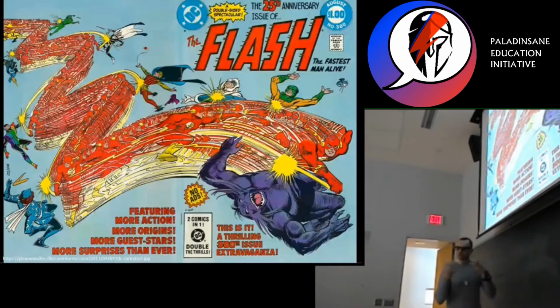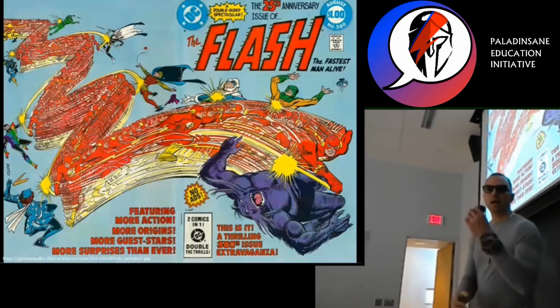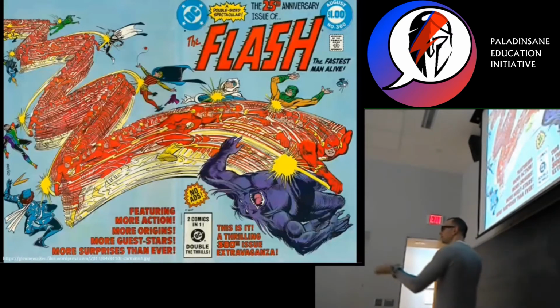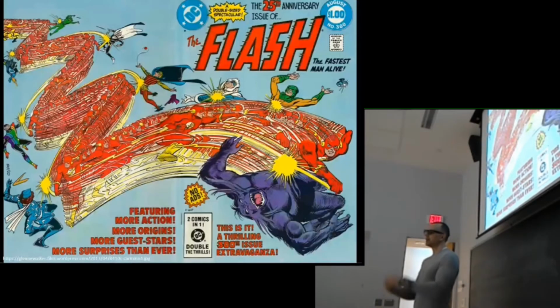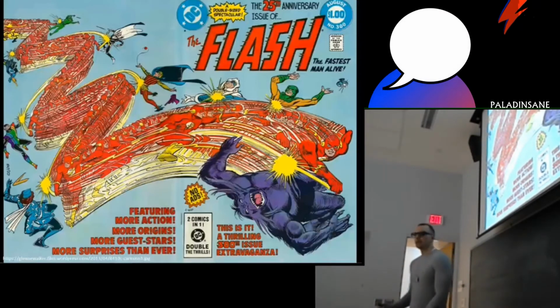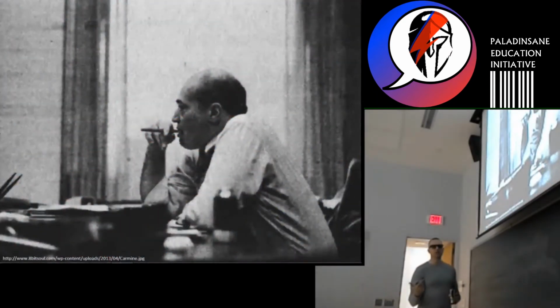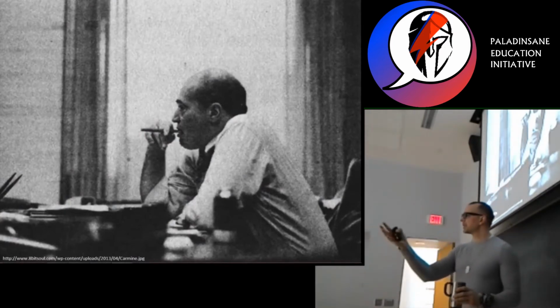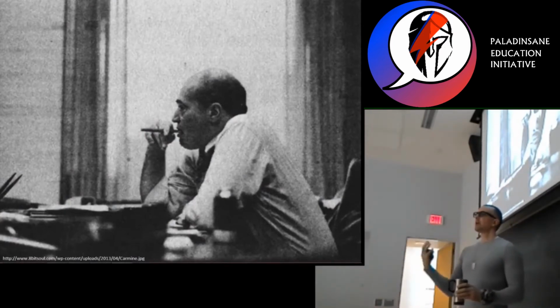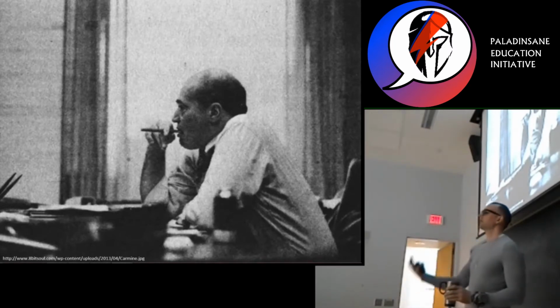So these are all things that we can encode, and we wanted to see how artists put these images together. How do they combine these? If you're a successful artist, like one of the most famous artists for the Flash, Carmine Infantino, how do you combine literal devices and metaphorical devices to make something that is easily understandable by your audience? So that's the last thing we really wanted.